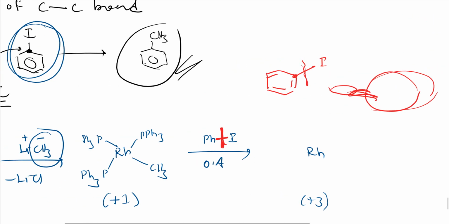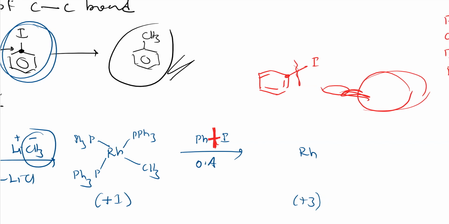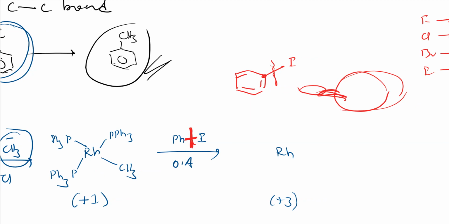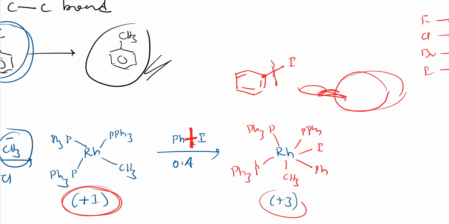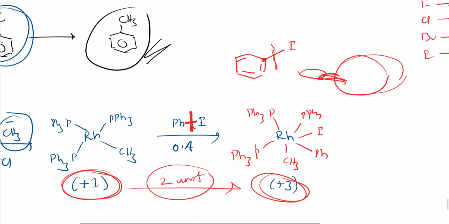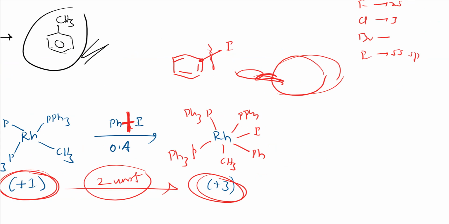So whenever this oxidative addition step happens, this bond will be broken and it will happen like this here. So on one side PPh3 is there, on one side iodine will attack, on one side Ph will attack, so this bond will break. Other things will remain as they are, CH3 here, and here PPh3, and here PPh3, right. So this step is oxidative addition. So from plus 1 oxidation state, it has converted to plus 3 oxidation state. So a 2 unit increase is there. Whenever a 2 unit increase is there, that is nothing but oxidative addition, right. So I hope you understood this, right. The Ph-I bond can be easily broken and it will add like this.